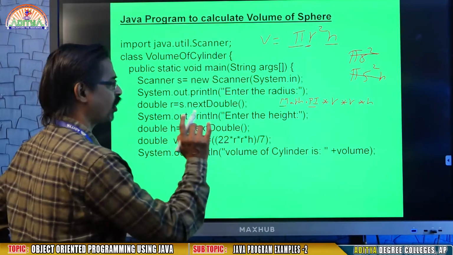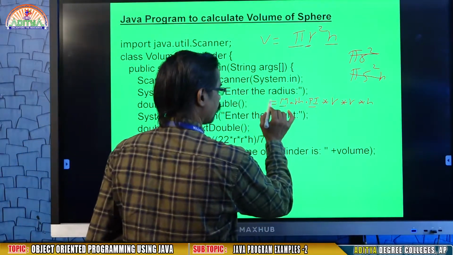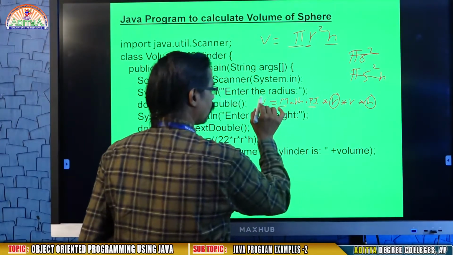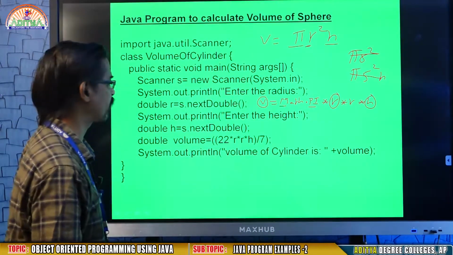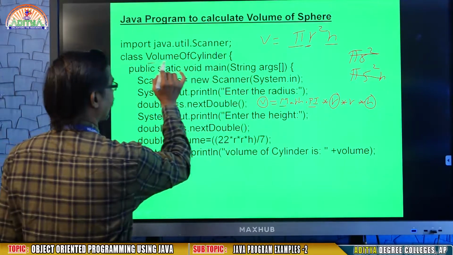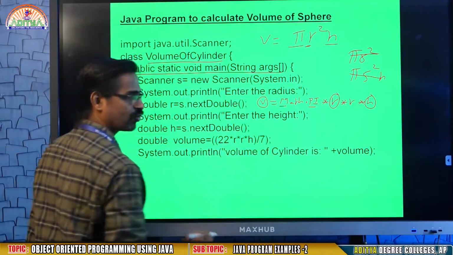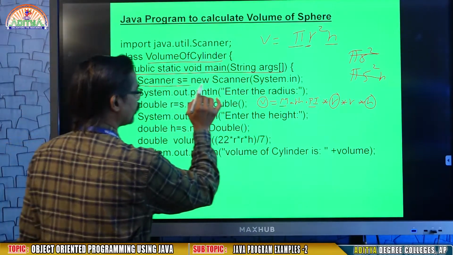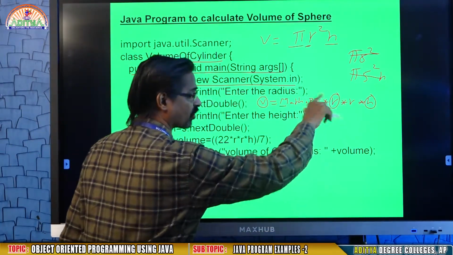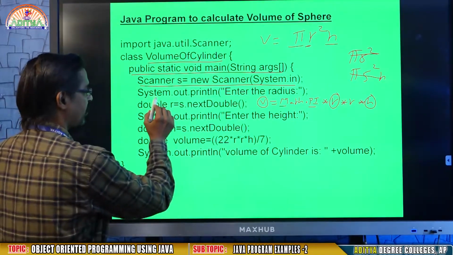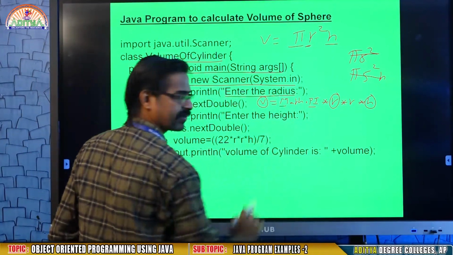In the following program, what are the variables? Radius I have to read, height I have to read, volume I have to calculate, three variables. So the class name, then public static void main, it is okay as usual. And we need to define a scanner because I have to read values for radius and height. Then it is going to ask you to enter the radius.